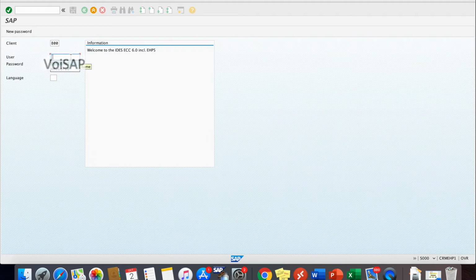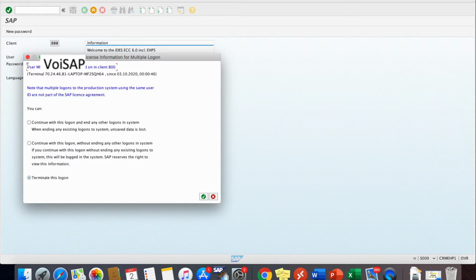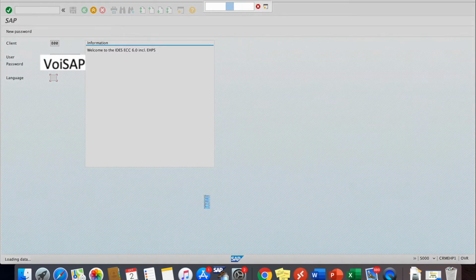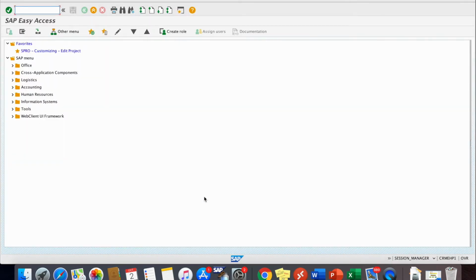I'm going to provide my username and here I'll give my password. Once I provide my user and password, I press enter and then I go to the screen which we discussed in our screenshot discussion session before, which is called as easy access screen.